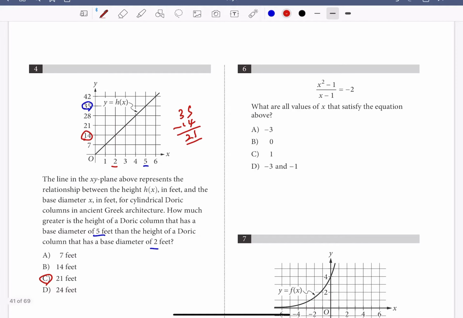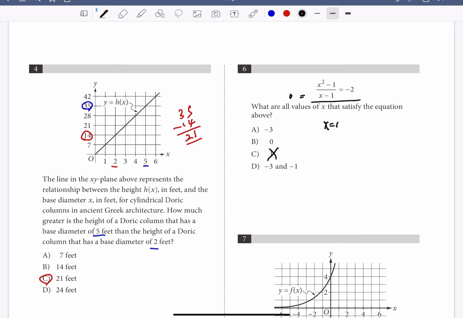Number 6. What are all the values of x that satisfy the equation above? The given equation is a rational equation, so you need to be careful with the x values that make the denominator 0. We have to get rid of that number. x equals 1 will make the denominator 0, so 1 should be eliminated. 1 is not an answer, not at all. And then,